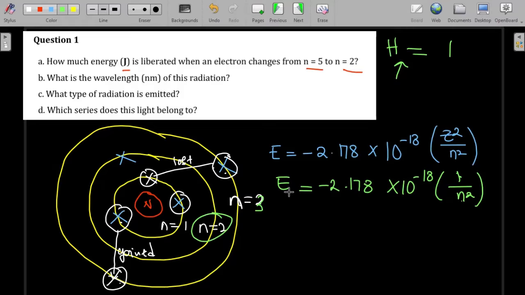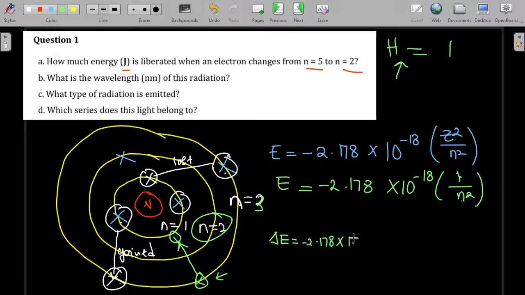And then I said that these electrons can move, right? So some electron was here maybe, and then it has lost energy. It's now in the first energy level. To find the energy lost, or the energy liberated, say this electron was in N3 and now it has dropped to N1. We're just going to use the following formula. We're going to say the change in energy will be equal to the energy that it has here, which is minus